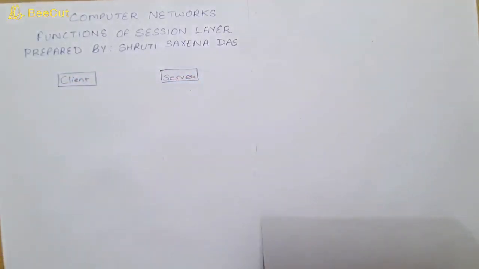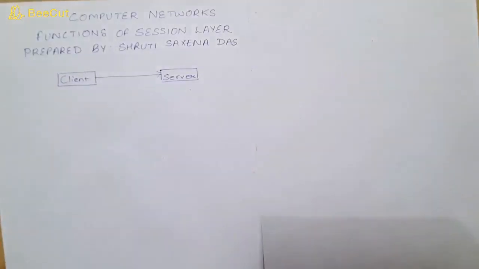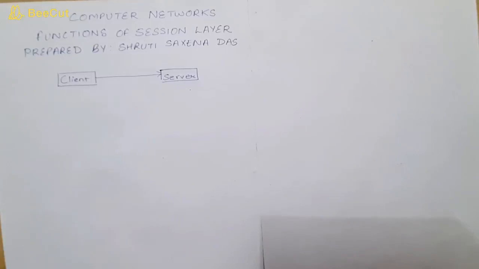Okay, suppose you are using Gmail. In that case also, if you are the client, Gmail is going to ask about your user ID and password. If your user ID and password is validated, then only you can access your inbox, or you'll be connected to the server where your information is stored. So first of all, you need to be authenticated, and then only you'll be able to access information. You cannot access everything. Once your identity is validated, then only the session is started.